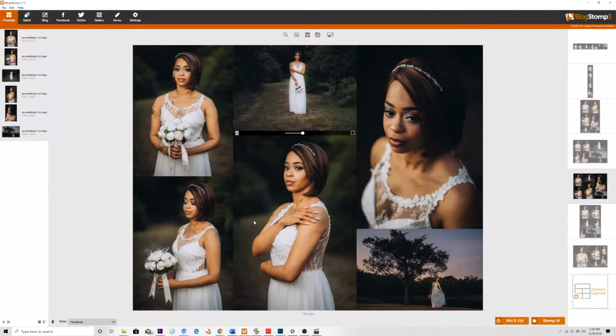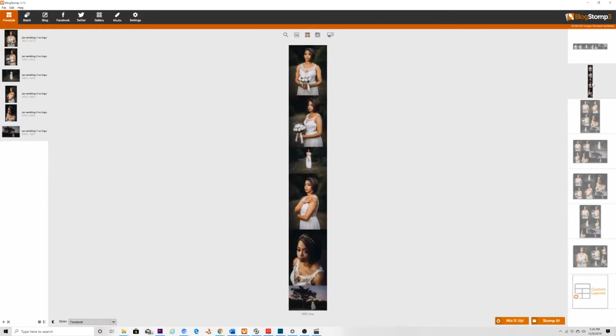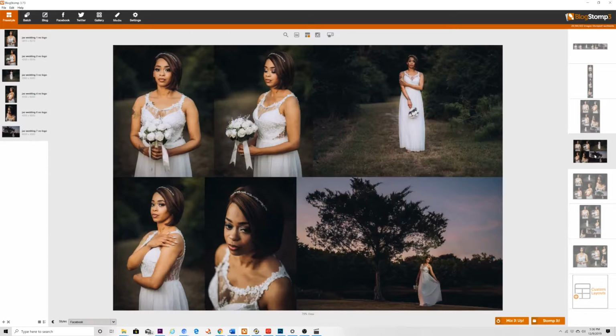So now we're in Blog Stomp. I just want to show y'all how everything looks. You import your photos right here, and then you can start making your collages. It's really easy. That's one thing I love about Blog Stomp: you drag your photos, and as you can see, it creates these collages right here on the right side, and you have a lot of different options to choose from,